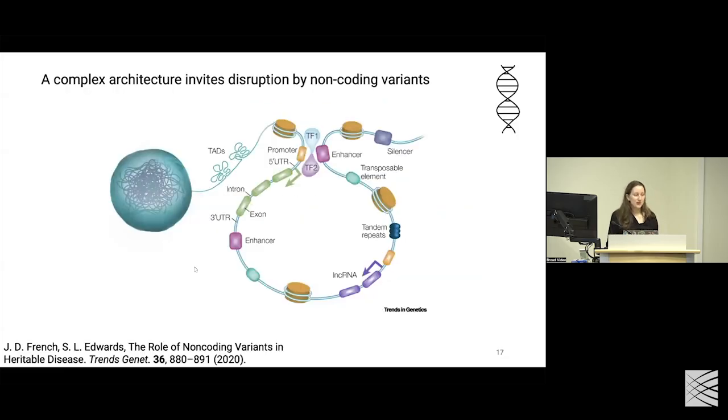In addition to the proteome, I'm not going to go into any numerical descriptions here, but just invite this complex interaction system that we might view when we're thinking about non-coding variants. And just as a speculation, this complex architecture is certain to invite disruptions by all types of variants of certain sizes, but as a foreshadowing to the future of what I'll talk about at the end, potentially longer variants might be more disruptive than single nucleotide variants.